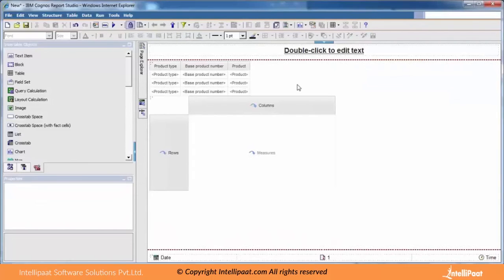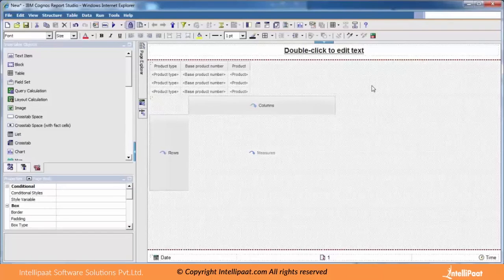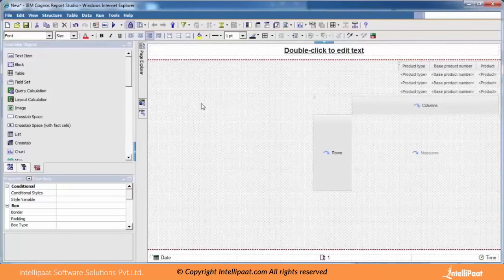Suppose for the items available inside my page body, I want to apply right align, left align, some format. It is possible. Since my objects are available in my page body, I keep my mouse on the page body and then apply that formatting. Clicking fine, no issues. But for both the objects, it got applied. If you want to apply it individually, how can you apply it? It is not possible with a direct option. So how will you do it?